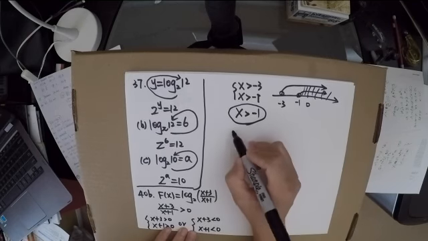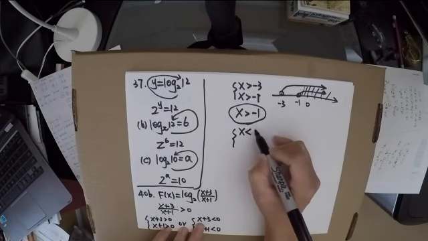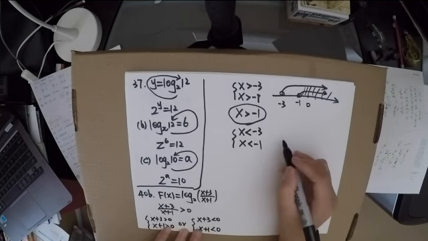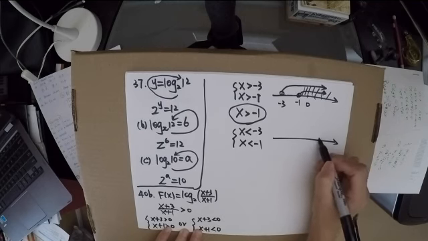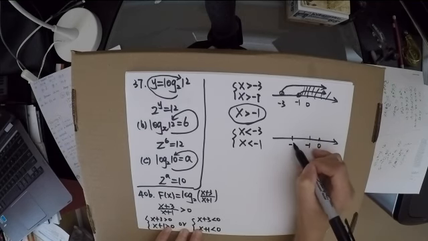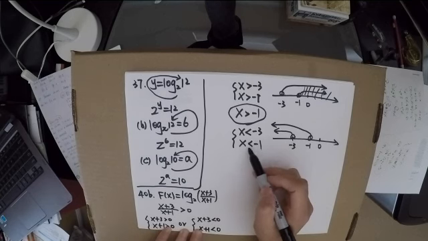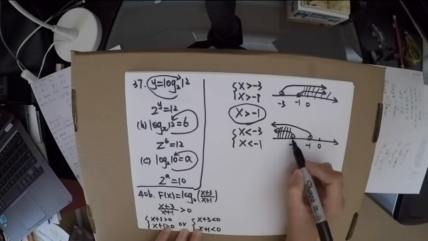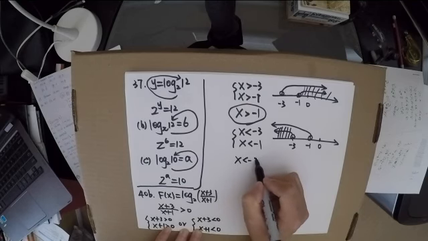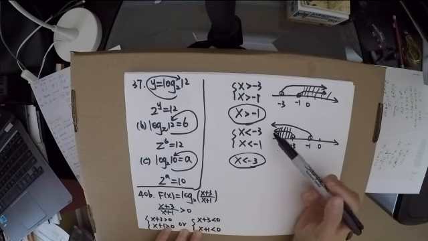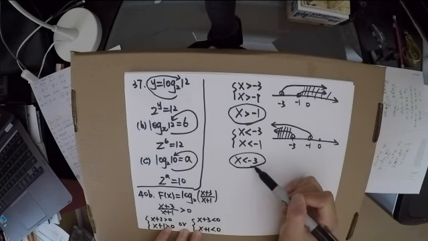So the second case, you have x less than negative 3 and x less than negative 1. If you draw a number line, 0, negative 1, negative 3. So less than negative 3, less than negative 1. Since we have to satisfy both, you need to find the overlap part, which is x less than negative 3. So combine this case and this case, greater than negative 1, less than negative 3, that will be the domain